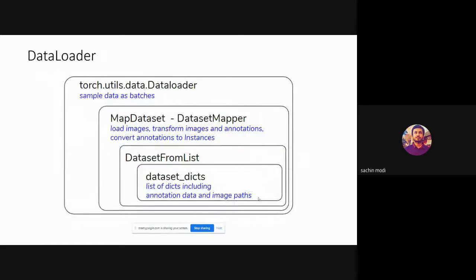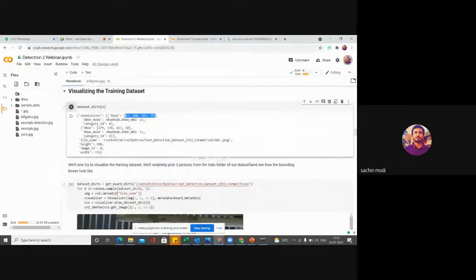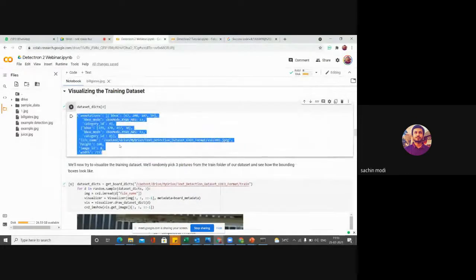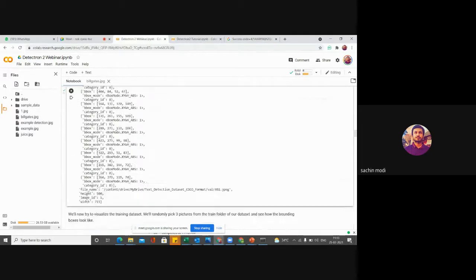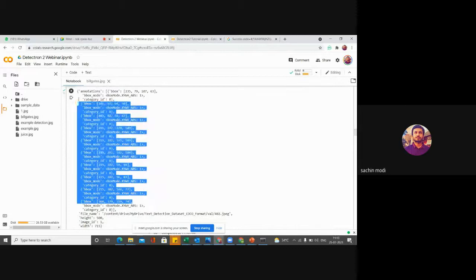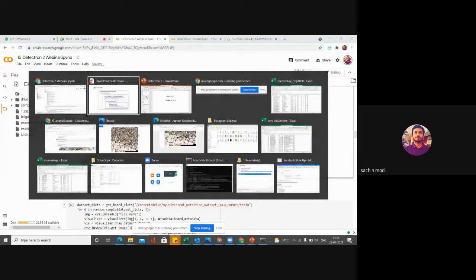So how is the data fed into Detectron 2? First, we make a data set dict, which is a list of dictionaries, which includes annotations and image paths. This is an example of a data set dict. This is the second one. This image has many bounding boxes, some 7, 8 bounding boxes with their respective category IDs and bounding box coordinates, and the path and the height and width of the image. Then that is converted.